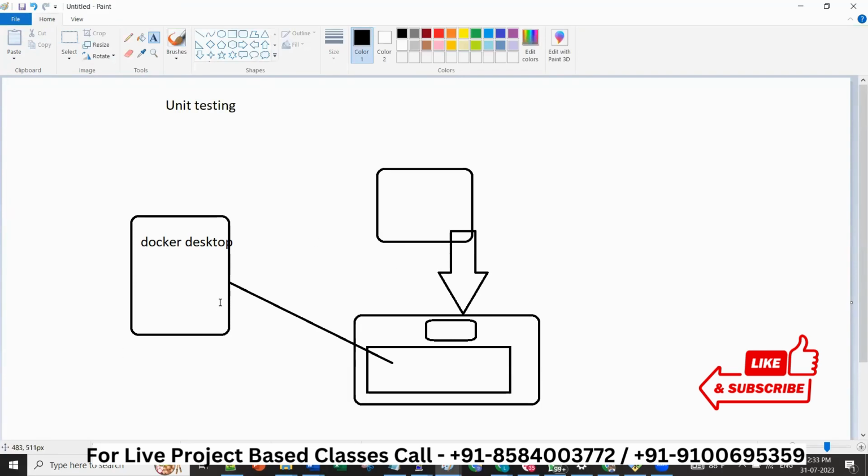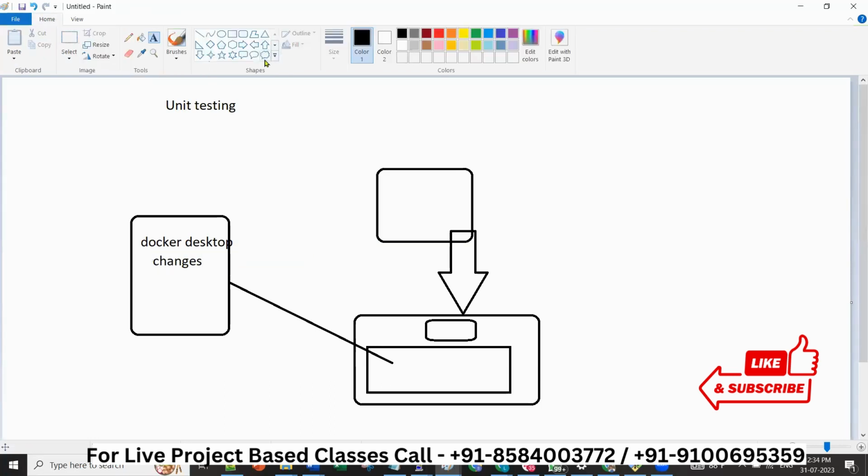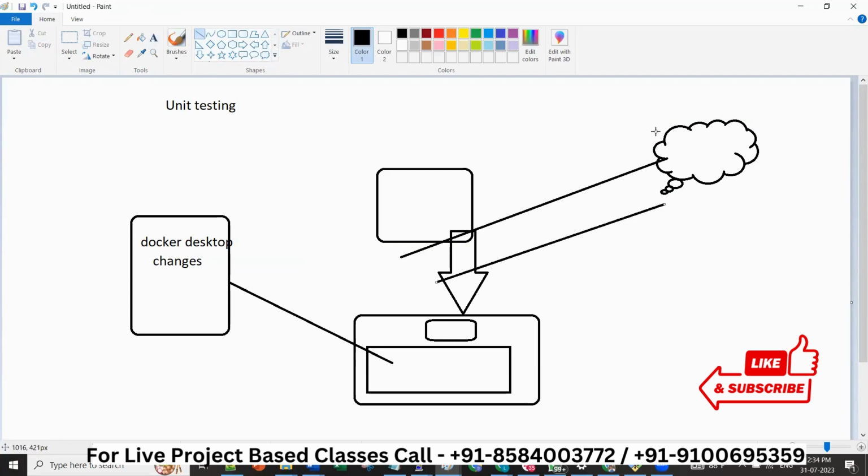Developers know they have to do a lot of trial and error, so they can make that kind of environment on their own laptop, make changes, and test if it is working or not. They keep checking: they change, they test. Once that is done and it is working fine,